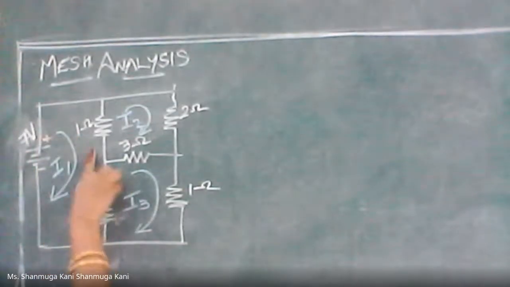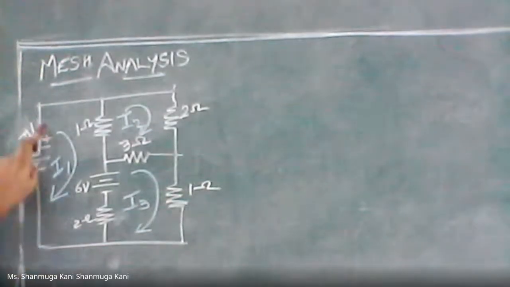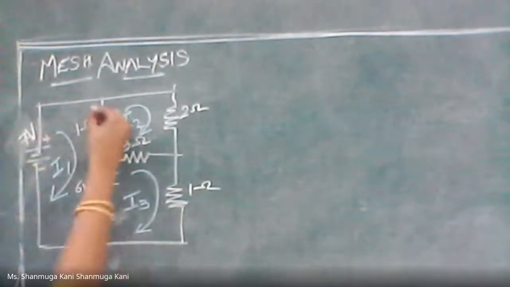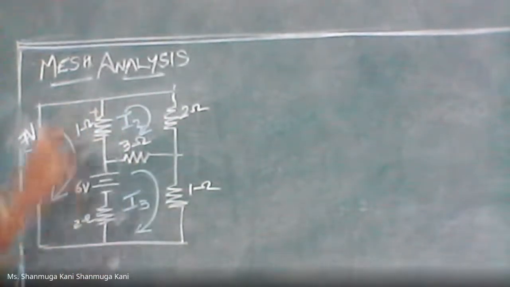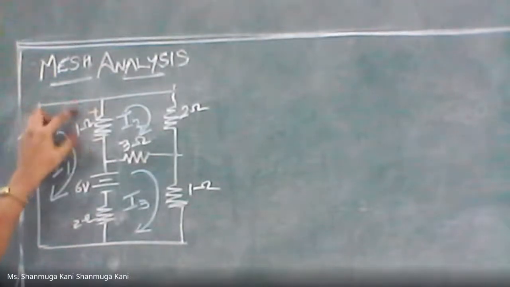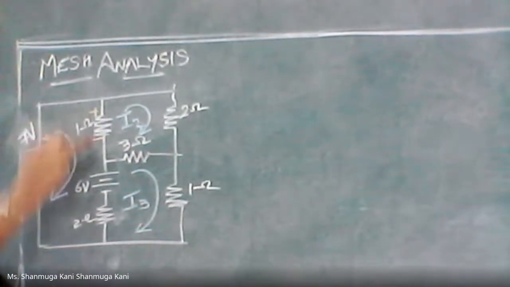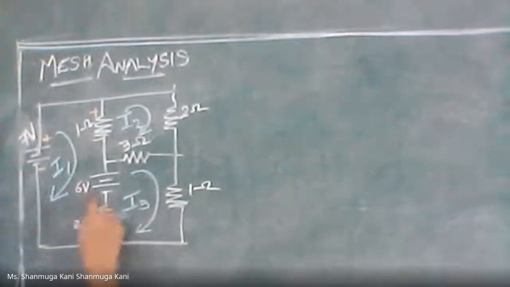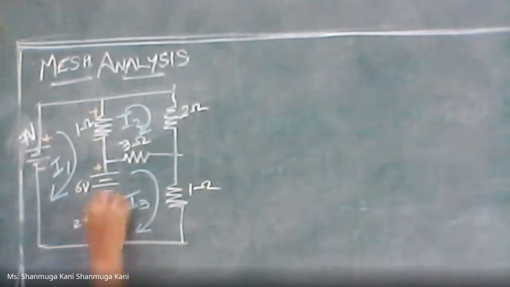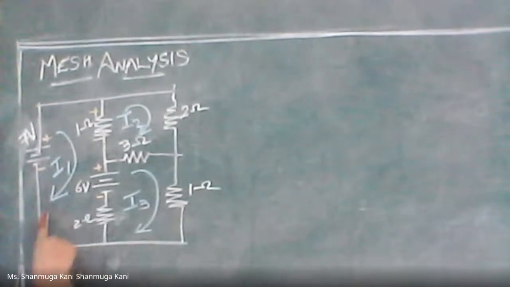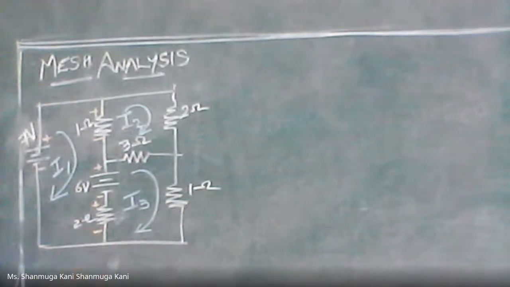We have it drawn. What about your resistor? For the 1 ohm resistor, the current is flowing like this, right? So the entering side is plus and the leaving side is minus. Are you able to understand this plus minus? Why are we putting plus and minus? Entering is plus, leaving is minus. Then the 6 volt source is given in the question itself, and for the 2 ohm resistor, the current is entering, so it is plus, and leaving, so it is minus.